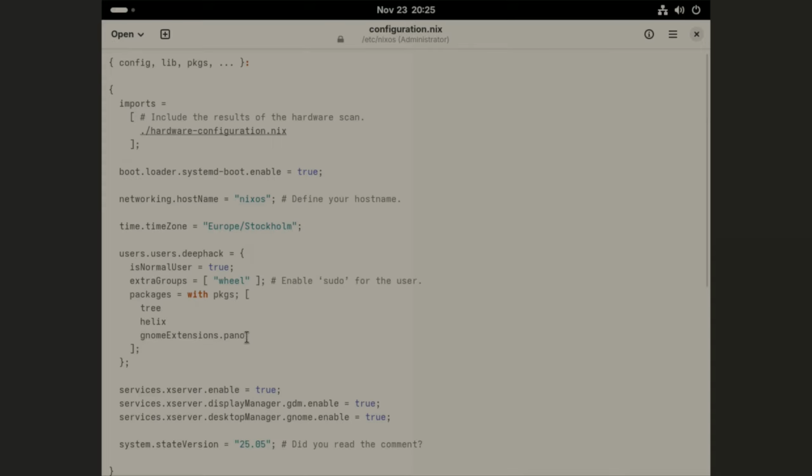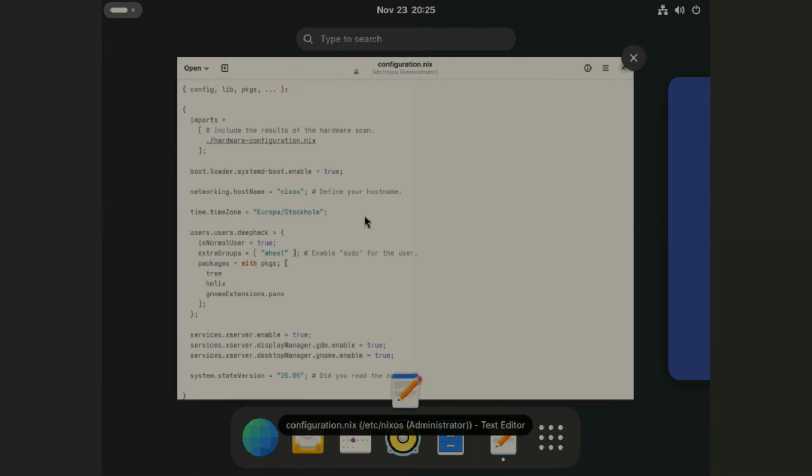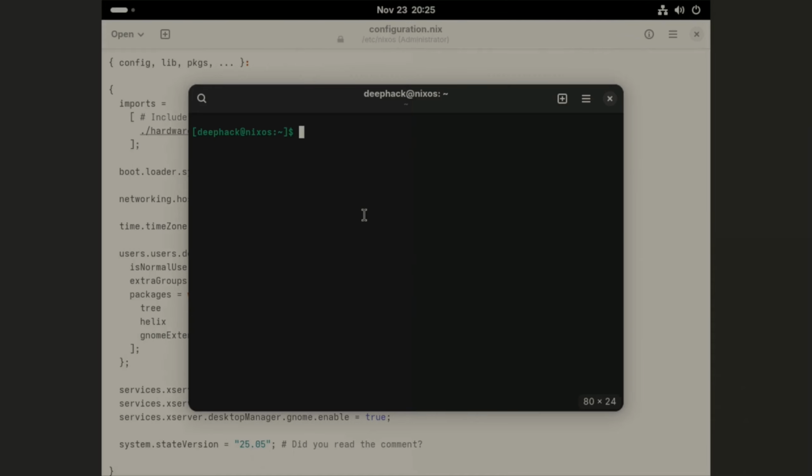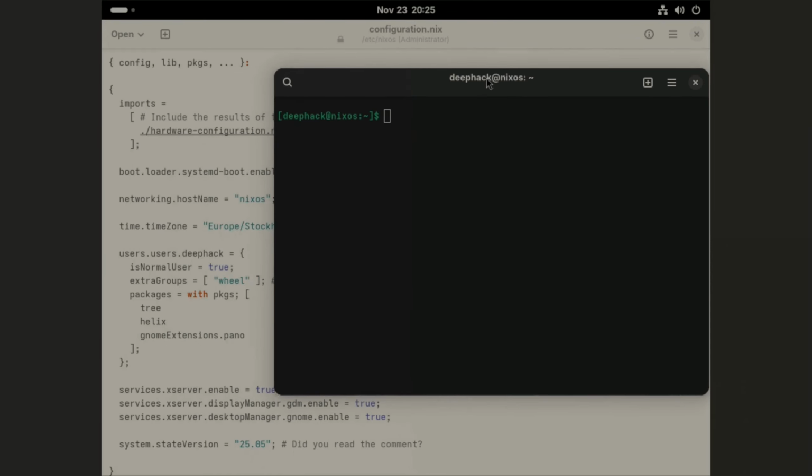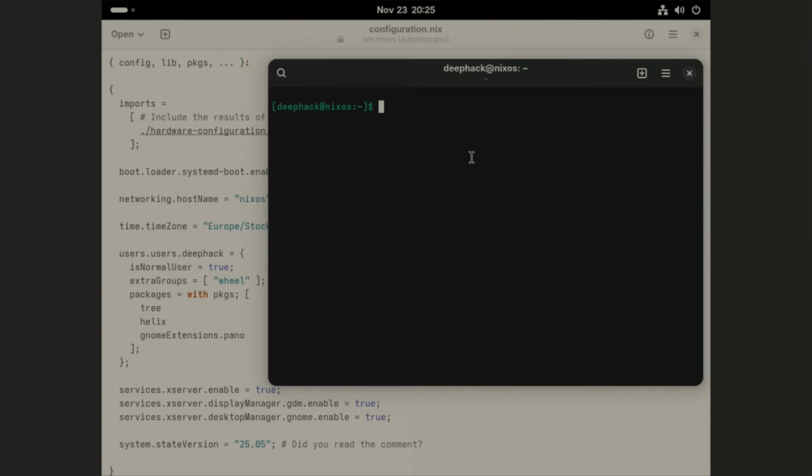You'll also note here that I've installed a Gnome extension. This is actually just an example of how you might do that. You'll find that most common Gnome extensions are under gnomeExtensions dot and then the name of the extension. I've installed Pano, which is a really nice copy-paste clipboard manager, let's call it. So yeah, now that we're in our graphical environment, you could simply make edits to this file here, and then from the console in here, you could run your NixOS rebuild commands,